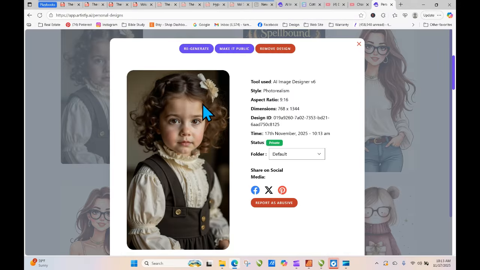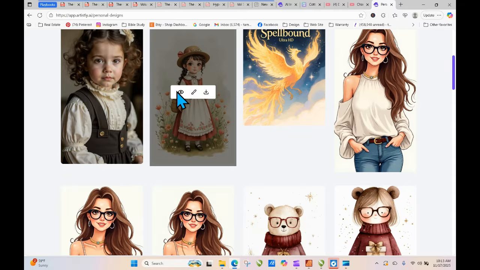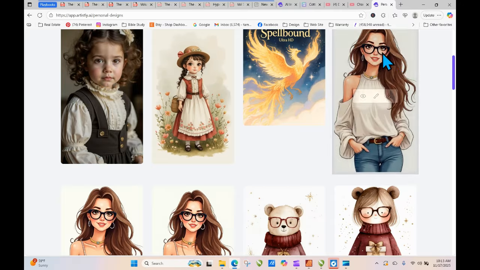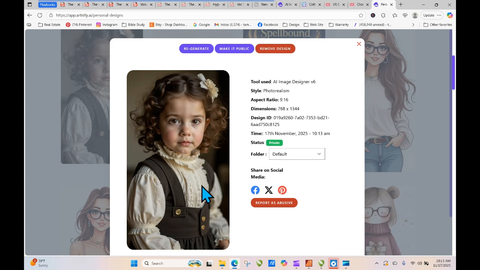And here we have a photorealistic little girl. Cute, right? Okay, so that's what your photorealism does. But you actually can vary it and still get like a watercolor. So it's all about your prompting, but it's the photorealism. So if you really want photorealism, then that gives you something that is, like I said, trained on photorealistic